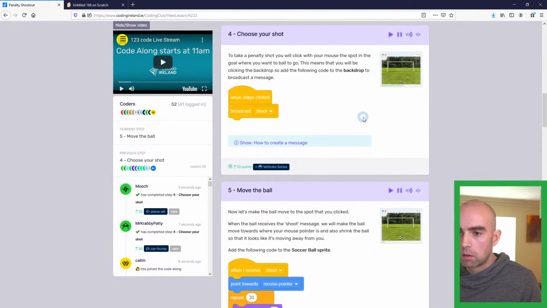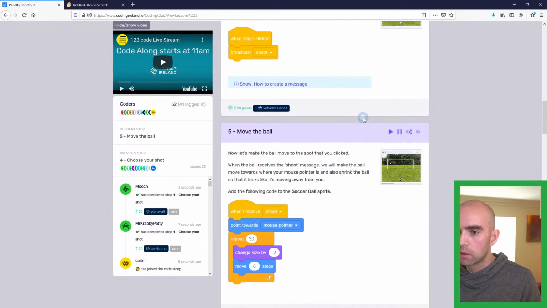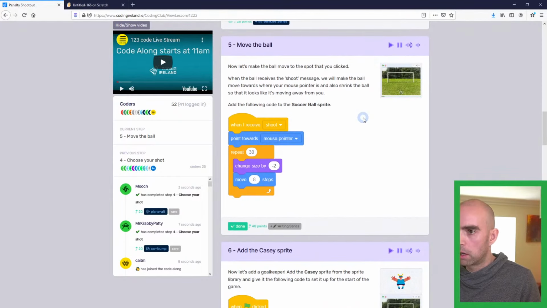Okay, so what are we up to now? So 25 have completed it. So I'll just give a little bit more time for people to finish it, and then we're going to move on to step number 5, so we'll be halfway